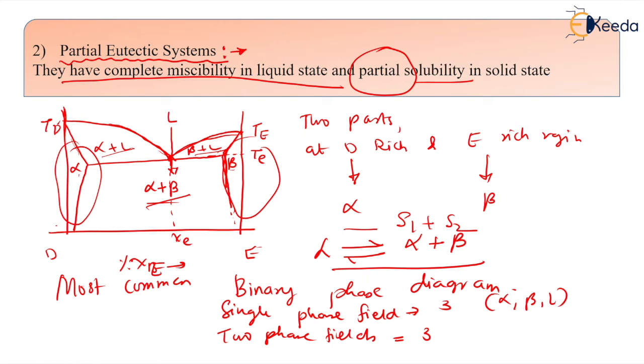So the rule says that we know that in the phase diagram every horizontal line, it is not a line drawn by us, this is the actual horizontal line present in the phase diagram, will give us one reaction. So see here, one horizontal line is there, and this line is giving this reaction. What reaction is it giving? So liquid undergoes cooling to form alpha plus beta.